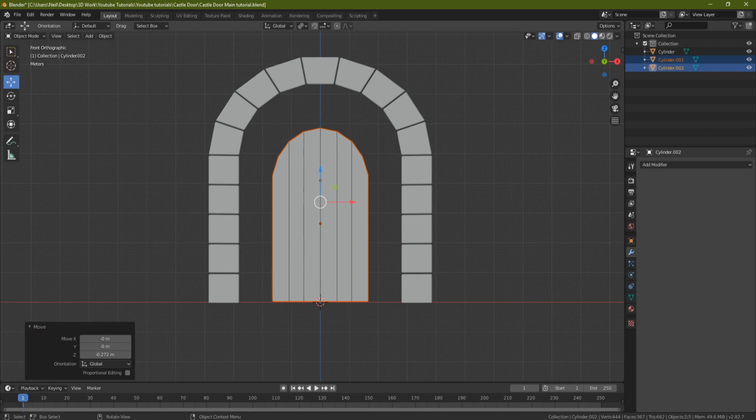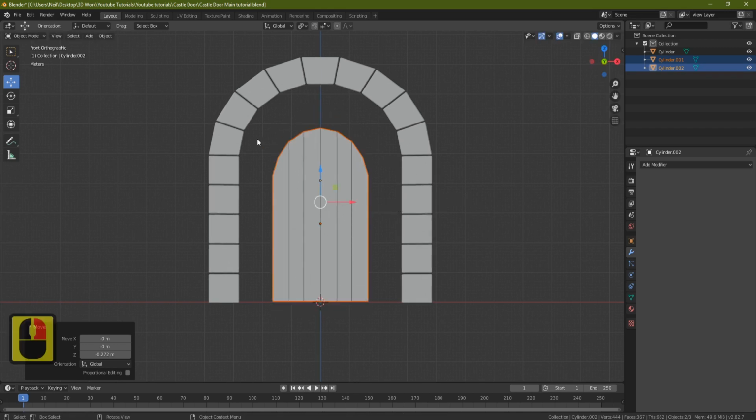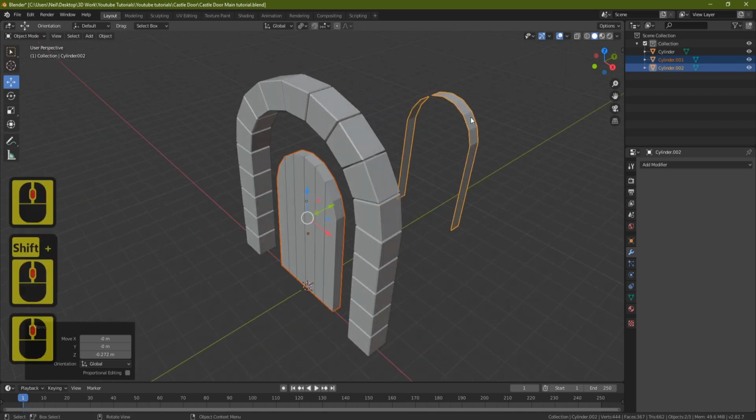And you can press S Z as well if you want to, and just pull it up and make it whatever size you want. This is probably going to be the last chance that you can actually do this. You can probably do it when you've got your door frame on, but it's just going to make it a little bit more difficult. So what we'll do now we've done that is we can come to our door frame,